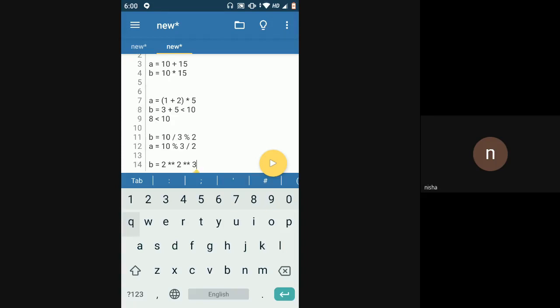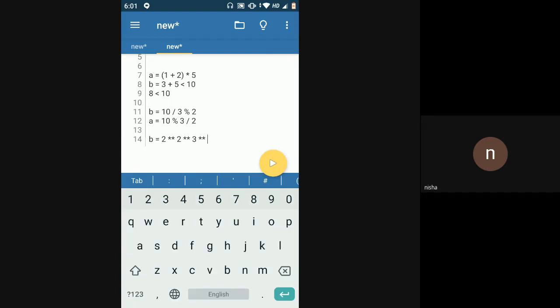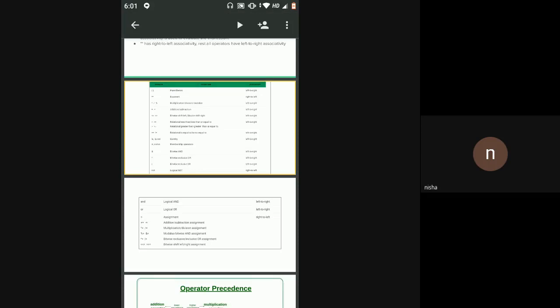This will work even in case of multiple operators. In this case also, now I have three operators, all three of the same precedence, so the associativity will start from right to left. That is, first 3 raised to 4 will get evaluated. Whatever is the answer, that will be raised to 2 in the next evaluation, and then that will be raised to 2. Is this clear? Okay, ma'am.